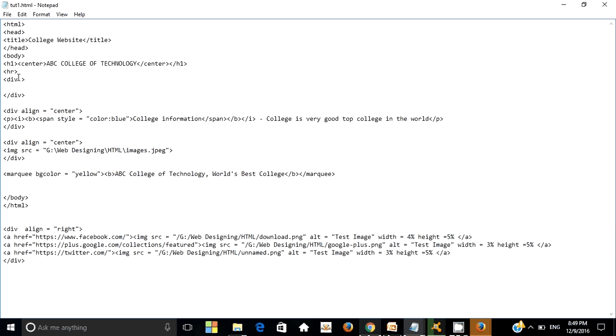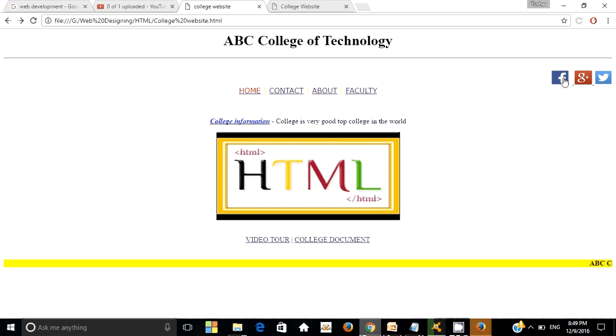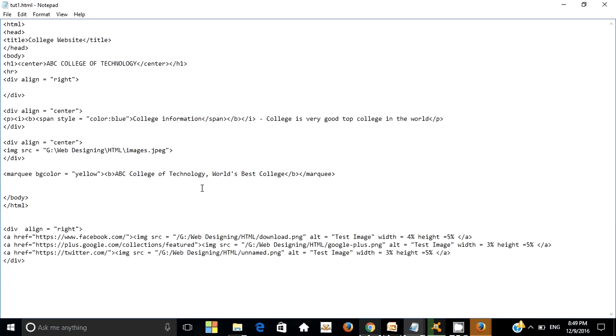We will align it towards right, as the image was aligned center. We want the Facebook and social part to be aligned right. As these are the images of the Facebook, Google and Twitter,